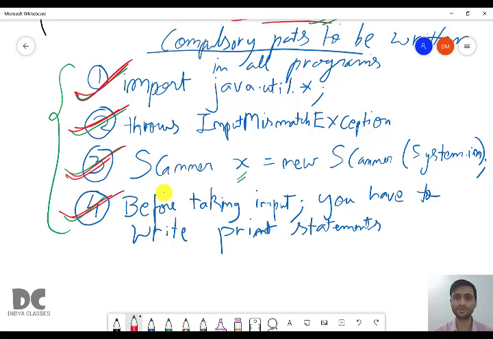You have to write the import statement, you have to write throws InputMismatchException, you have to write Scanner x equal to new Scanner(System.in), and you have to write print statements before taking input. And each of these has marks for it. If you are using scanner, you have to write them, or else in the board exam you will not get full marks.